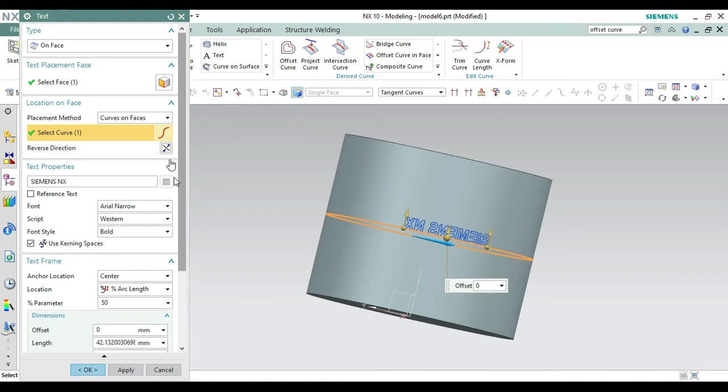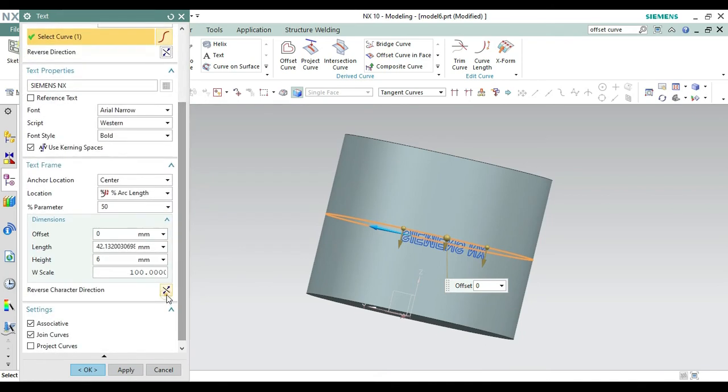Now this one has been created. Go down again and reverse. You can also see it in the z direction, it has been created. Siemens NX. Now the offset means the distance of the text from that curve. If it's 0, then make it -1, and it will go down. Because we have to create it in the center, this should be half of the height. Make the height 8, then the offset should be -4. Take -4 from here.